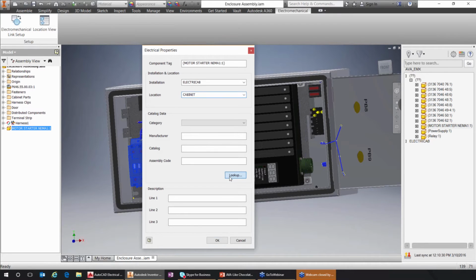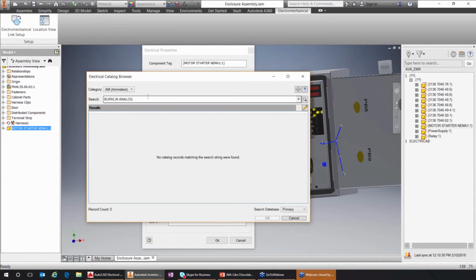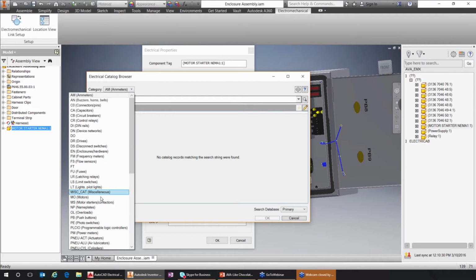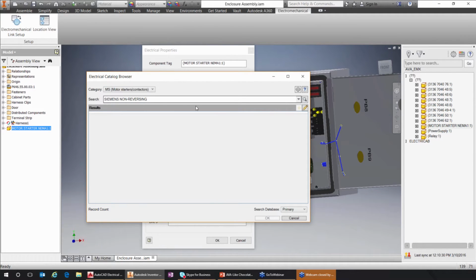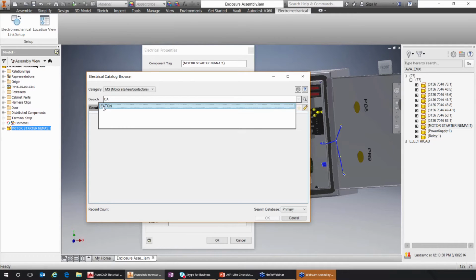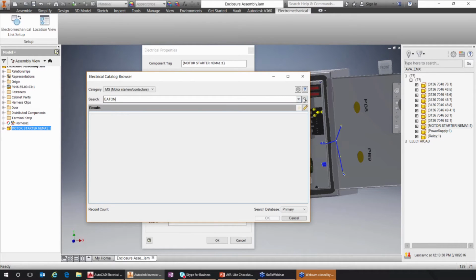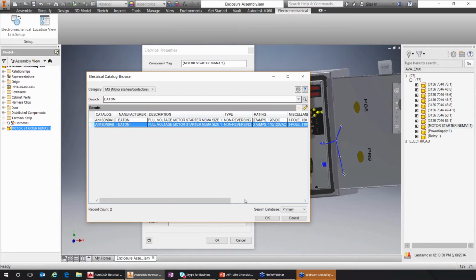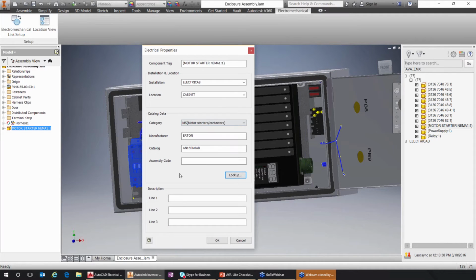We're also going to assign the part number to the component as well. Going back through the motor starter, using the same process as we did before. I'll select Eaton, do the search, grab the part number information,